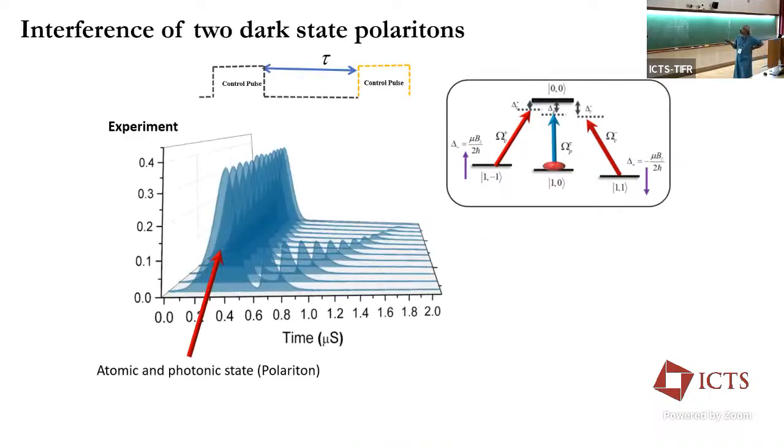Now we have shifted to this experiment, where you see there are two control fields. Atoms are here, and this is the weak probe field, which is resonant here. This is an experimental trace, and you see that we are storing and retrieving at different times. Each of these is a separate experiment, and this is the delayed waiting time. When it's interacting, it's atomic and photonic. When we shut down, this is the interesting part: here it's purely atomic, but it's coherently storing the optical information. And when we retrieve back, it's rotated back into a purely photonic state.